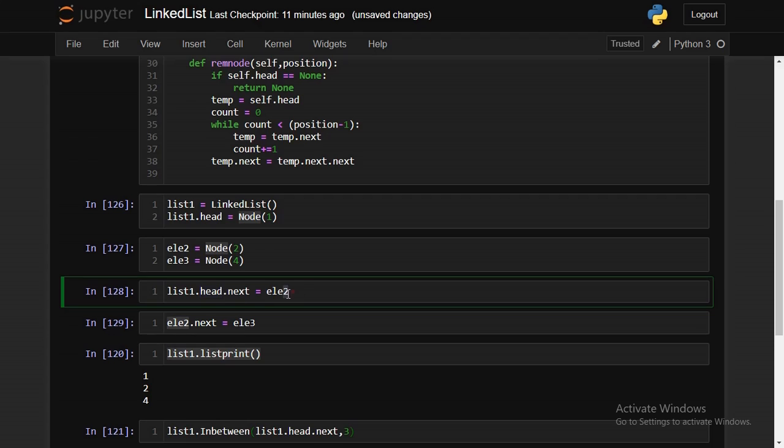So they have formed a linked list already, a linked list with 2 nodes in it. Now node 3 is element ELE3, right, which is having the data 4 in it. I am trying to connect the node having data 2, that is ELE2, next pointer to node 3 whose value is 4 and is referenced by ELE3.